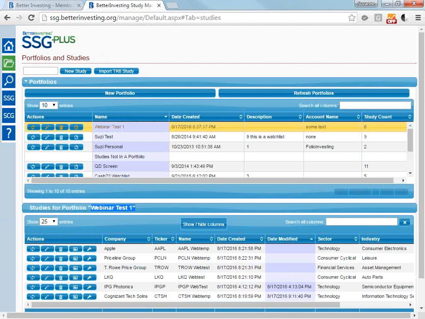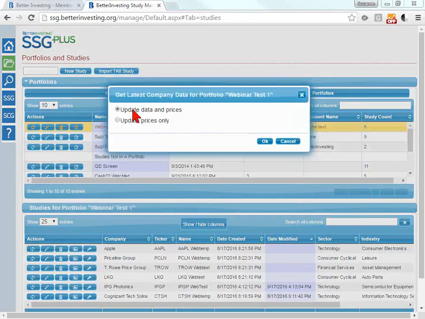Okay, so I will be clicking on that. And our option here is to update data and prices, or update prices only. So usually the update data and prices is the option that I choose. If you just want to do a quick prices only, select the second radio button and continue on. In this use case, it's going to overwrite the data in your study. It won't be creating copies. So we're just going to click Update Data and Prices, and then click on the OK button,